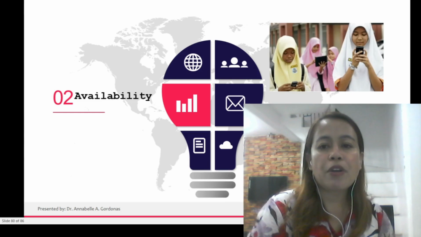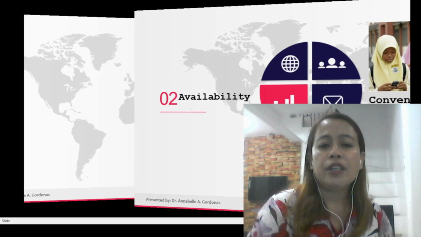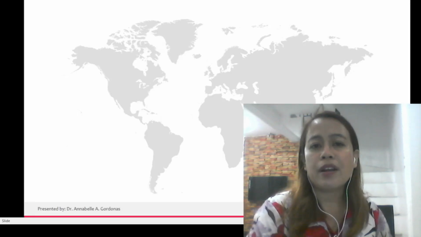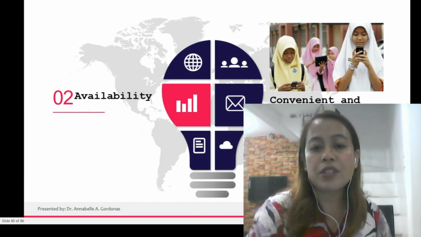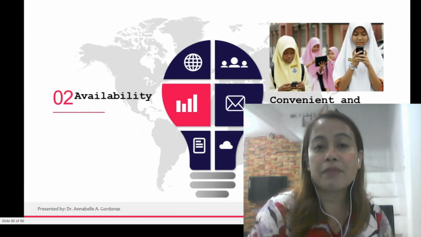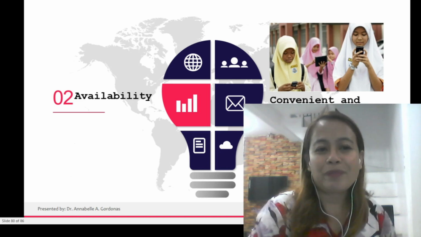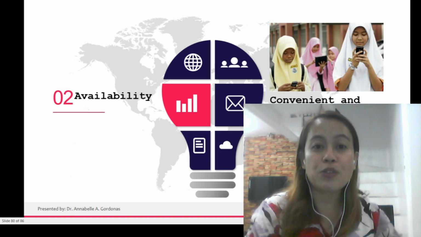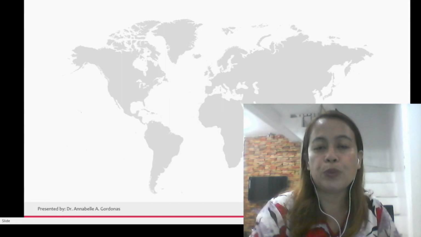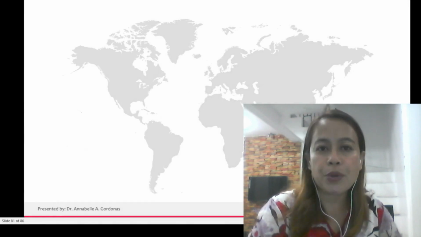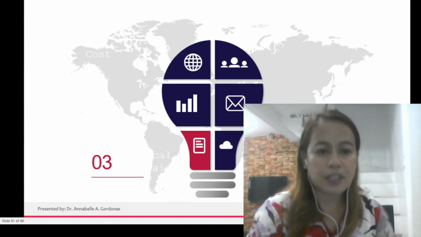We also have availability, so the ease of use, the internet connection, how do we cope up with that? I remember our Zoom meeting last week, for me, it's terrible because my internet connection was terrible. So, for now, we do not meet via Zoom because I have a problem with internet connection. But I'm seeking ways to do it, or maybe catch up with a good Wi-Fi connection. The third is,